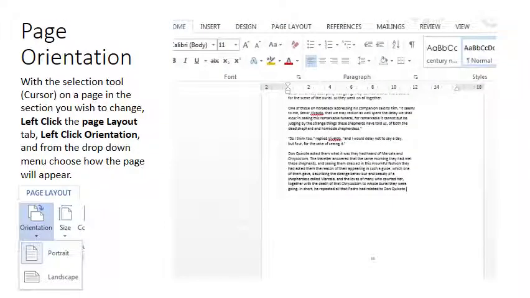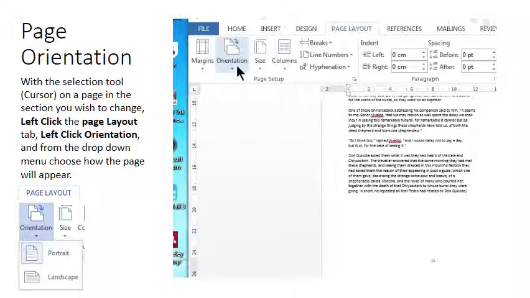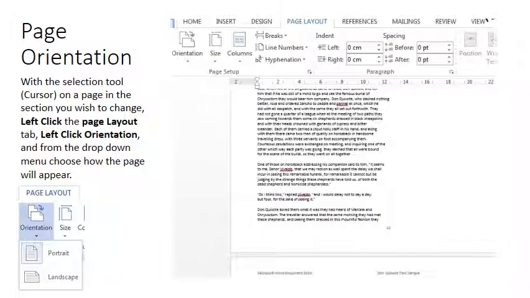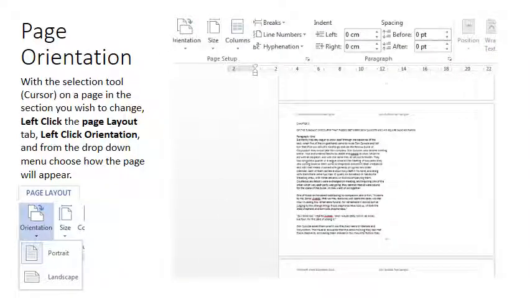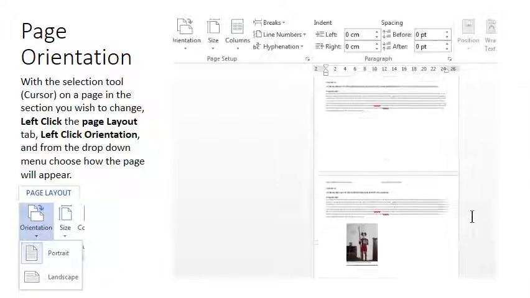With the section break we can change the orientation of our page. So this is the page we just created a section break on. We did a next page section break between the chapters at page 11, and on the page layout tab under orientation I'm going to now choose landscape. Now nothing seems to have changed, but I'm just going to reduce the size of the pages here, and you can see that they are now landscaped in this section,